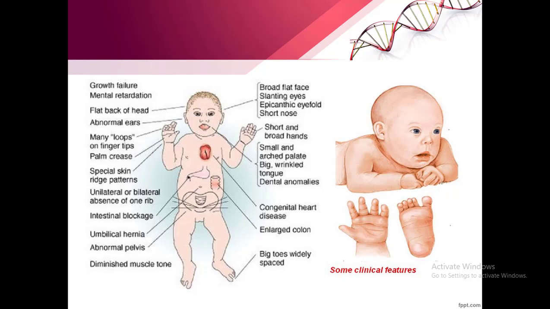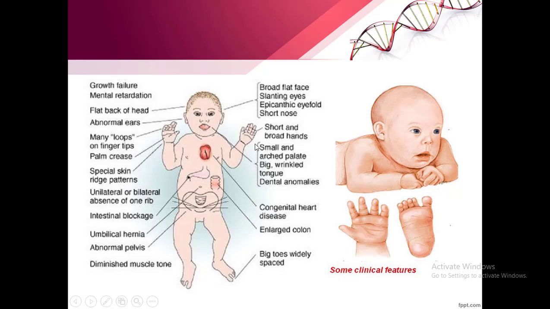He might have growth failure, mental retardation, mild to moderate, flat back of the head, abnormal ear, might have abnormal dermatoglyphics or abnormal hand creases, palm creases, special skin ridges pattern, unilateral or bilateral absence of one rib. There might be umbilical hernia, abnormal pelvis, enlarged colon, megacolon, congenital heart disease in about 50% of cases, short or